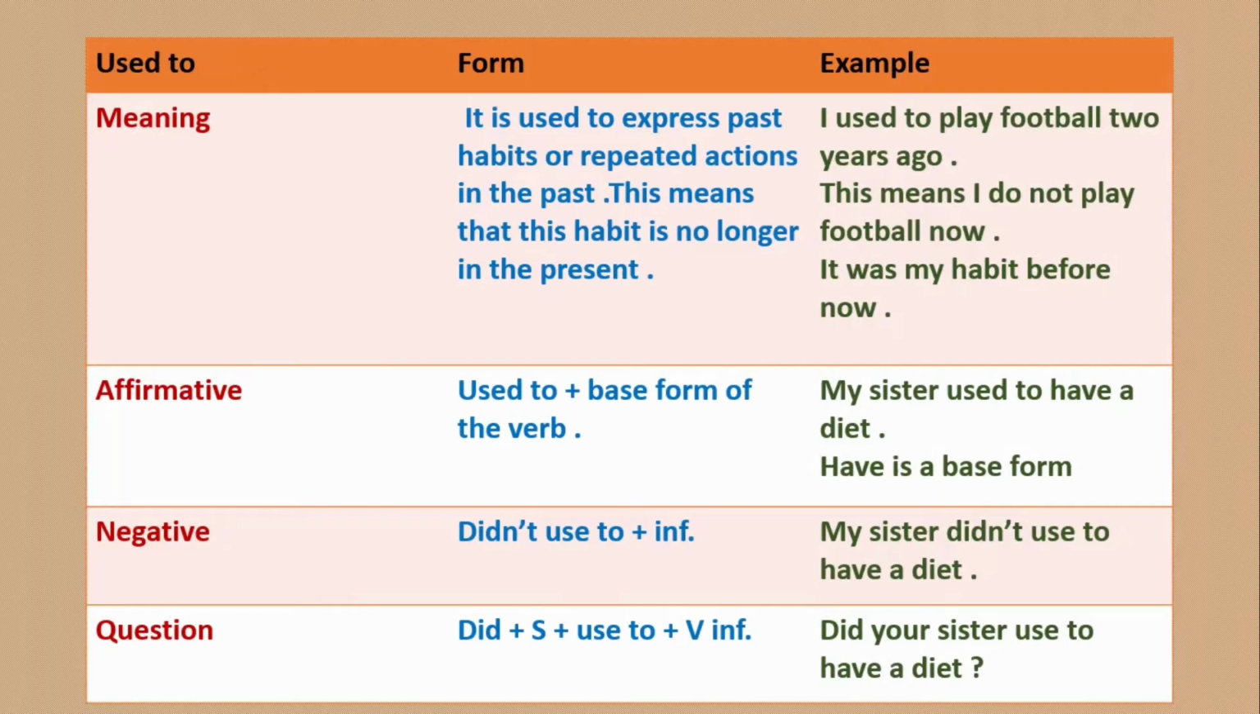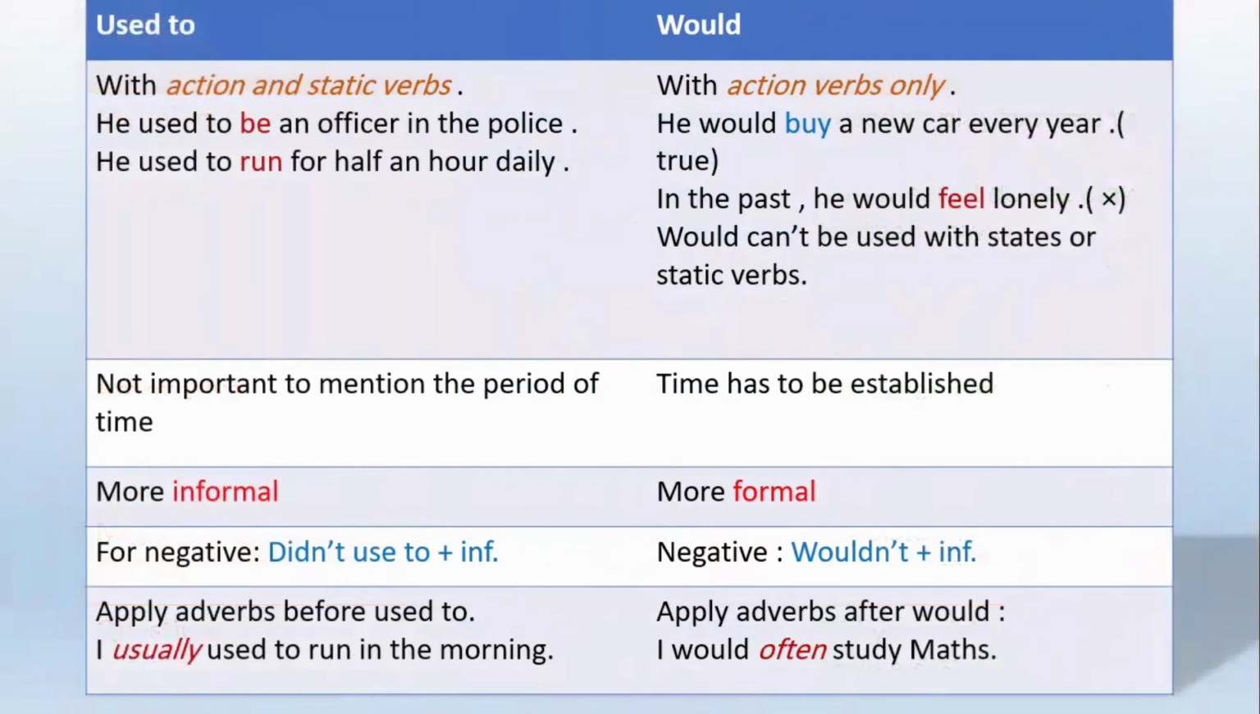And it can be used in an interrogative sentence, an easy way, like: did your sister used to have a diet? So we can say yes, she did, or no, she didn't. This is for used to. We have a third way to express habits in the past, but we are to